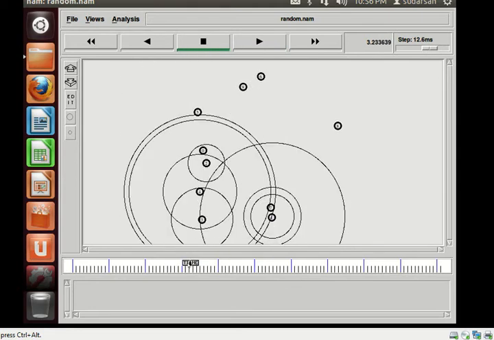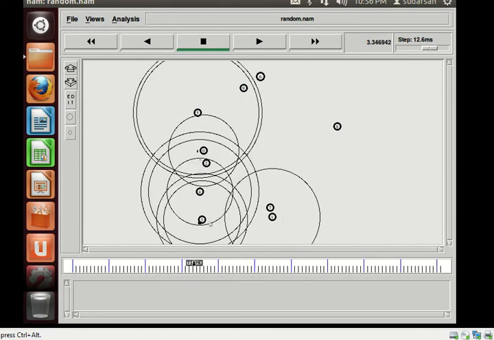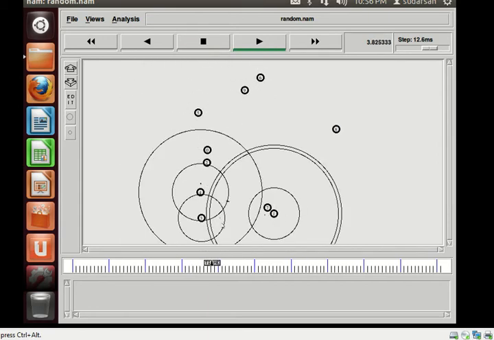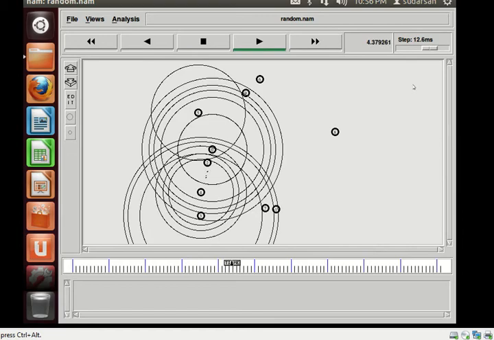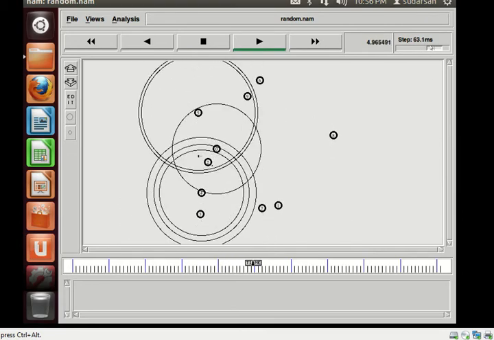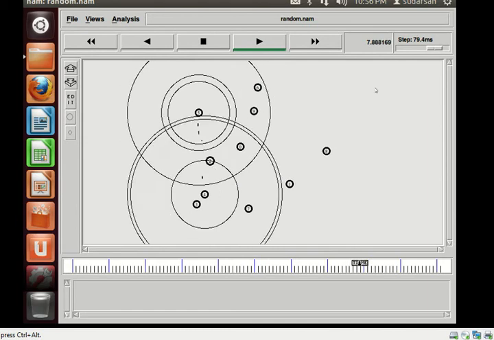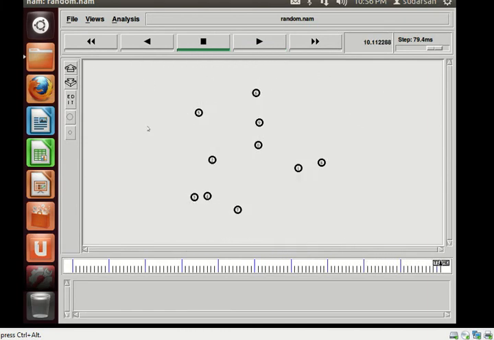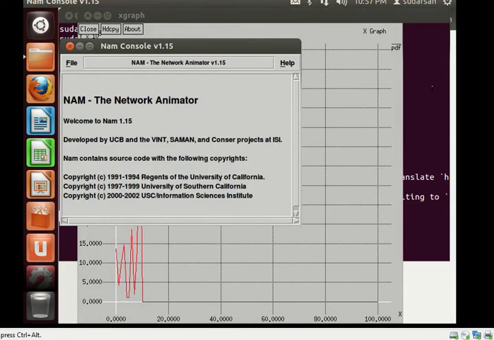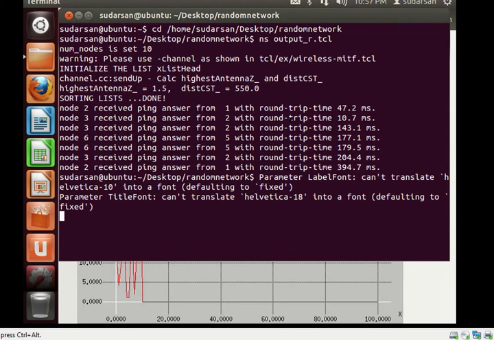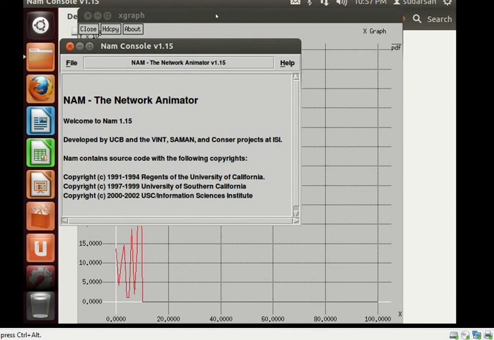Whenever a fault occurs, the packets from that faulty node are dropped, which is used to increase the quality of service. This is one of the applications of wireless sensor networks, that is, it can be used in mobile ad hoc networks also. Here the same proposed system is used, that is, a round trip time is calculated for every packet from source to destination. That is, from one node to the next node, the round trip time is calculated and the faulty node is identified.